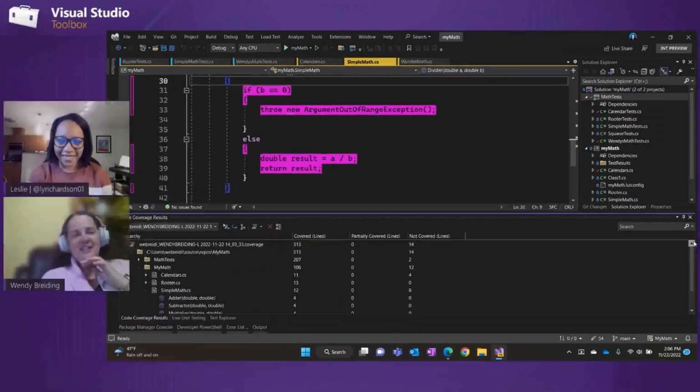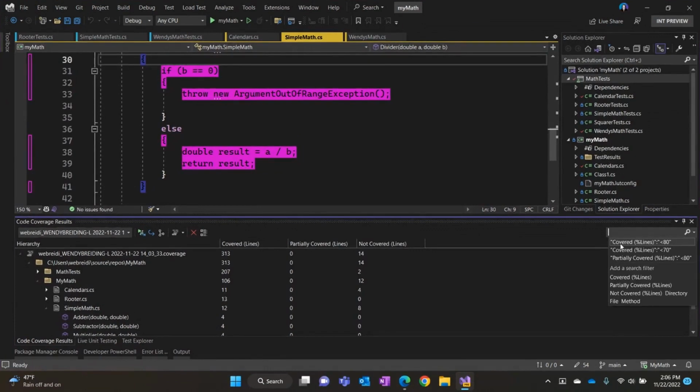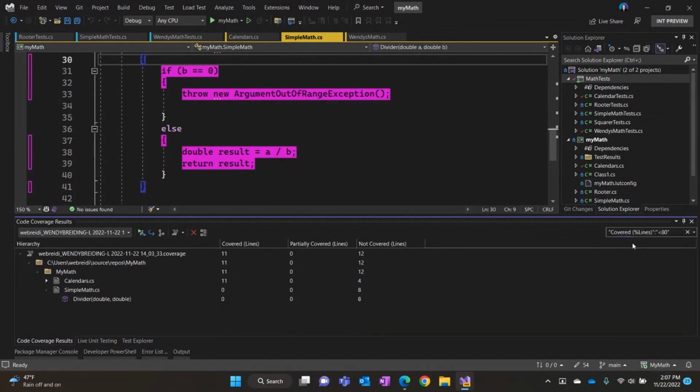And some companies have rules that all code must be at least 80% covered with unit tests. So we've added this cool filter feature where you can filter down the report to show only the files that have less than 80% code coverage. That reduces my report to just those that need attention in order for me to meet my company's rules on code coverage, which is a huge lifesaver and time saver.